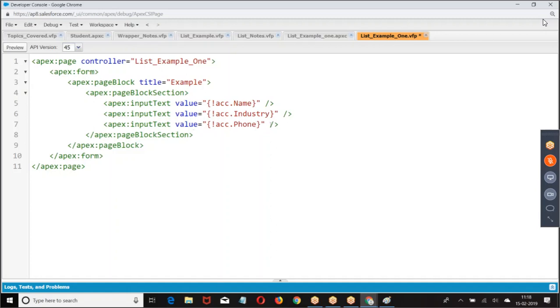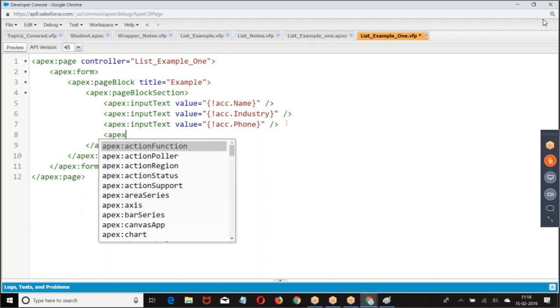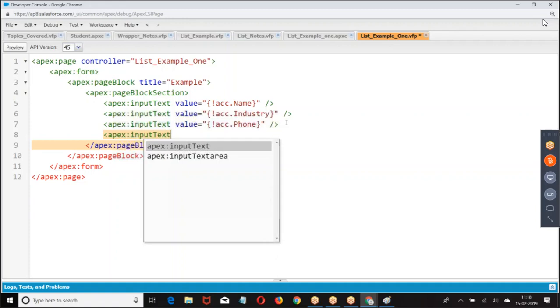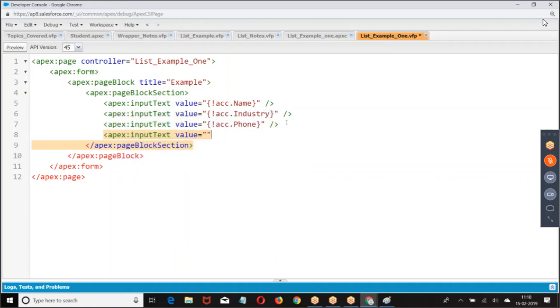We are given this. Apex inputText, value equal to ACC.industry. Now let me create the next one.